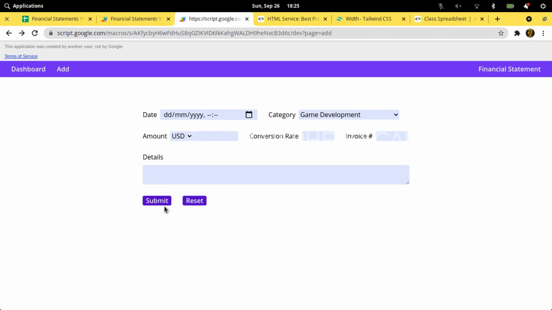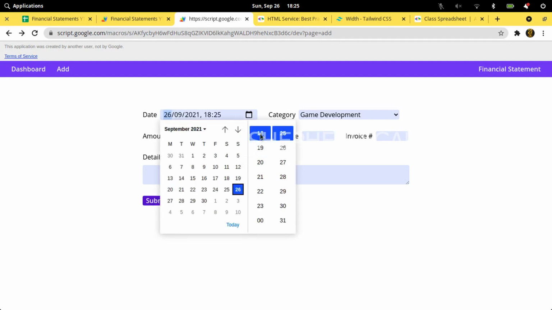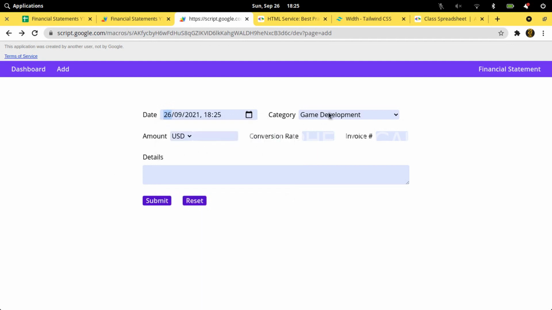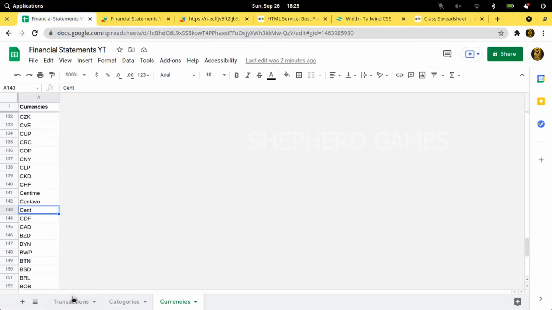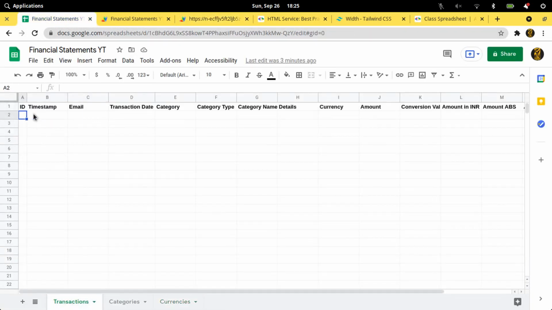So if I try to submit again, so it will ask me to fill the fields. Okay, I'll select this one. Okay, so game development, and it will ask me to fill this item. So let's make it 2500. Again, if I try to submit, it will ask for conversion rate, maybe 75. Invoice, it is asking for details, test. So if I submit it, it is getting submitted, but now we'll have to get the items here in the